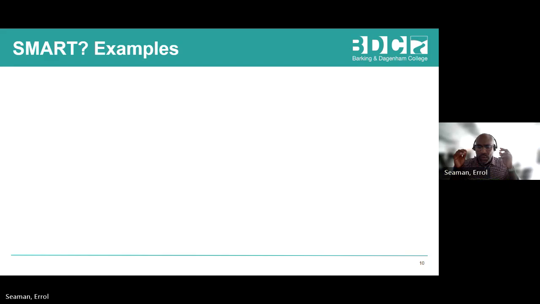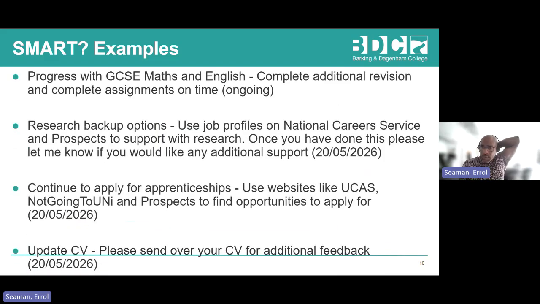Let's look at some examples. Within the deep dive, one of the areas that really shone was actually within careers. And the careers team do a really excellent job of making sure the students they work with are really setting powerful goals and powerful targets for them to accomplish and move forward. So here's just some examples of one careers teacher, one careers practitioner working with a student, and looking at these were, they're summarized in terms of the goal for the student, progress in GCSE English and maths,